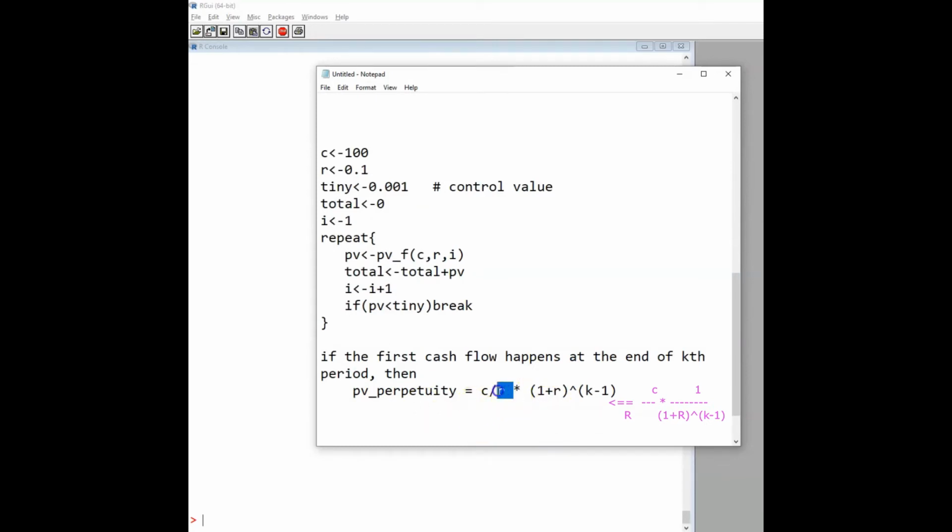The present value of perpetuity equals C over R, and we have 4 conditions. Number 4 is the first cash flow happens at the end of the first period. If it is not, I have to divide by 1 plus R raised to the power of n. If you see K equals 1, this is 0, this vanishes. Okay, and in the example, C equals 100